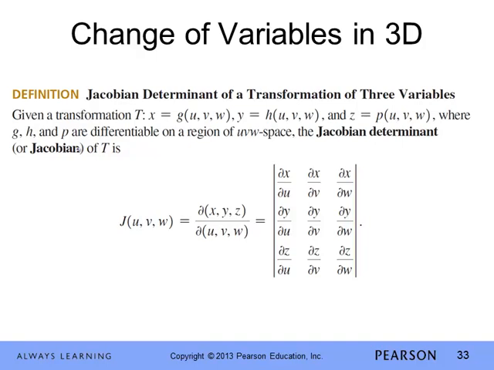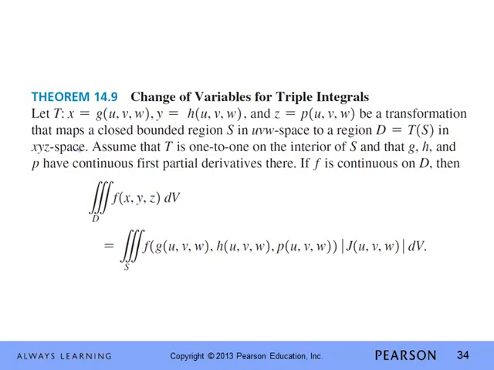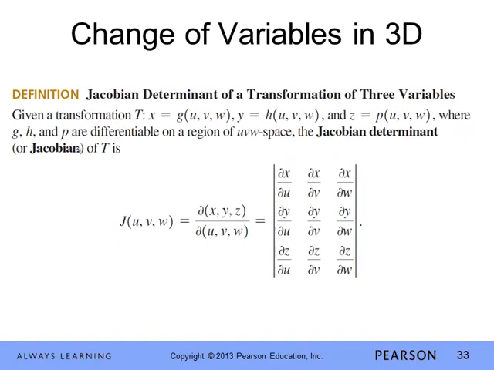All right, here's your Jacobian, no surprise. So you figure out what you're going to let x be in terms of your new three variables. Same thing for y, same thing for z. Compute your 3x3 grid of partial derivatives, and take the determinant of that 3x3 grid. So, for example here,